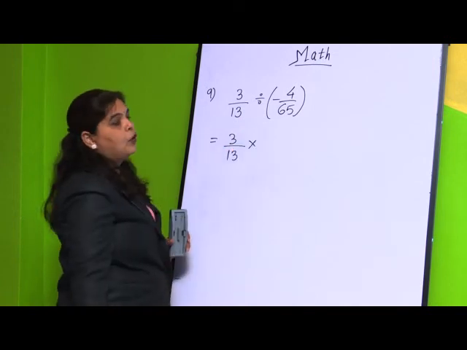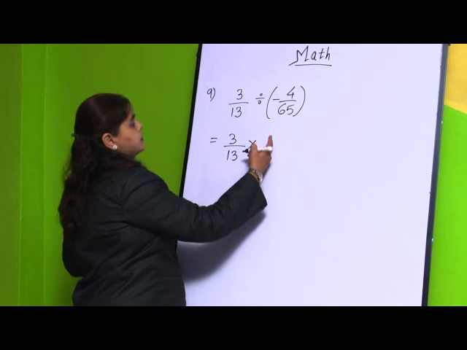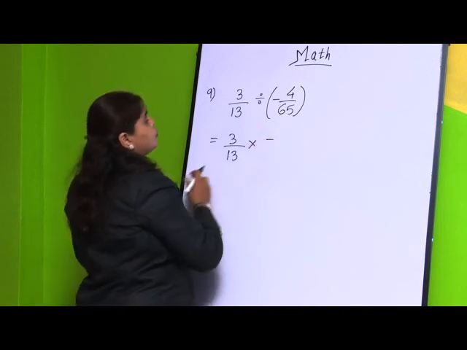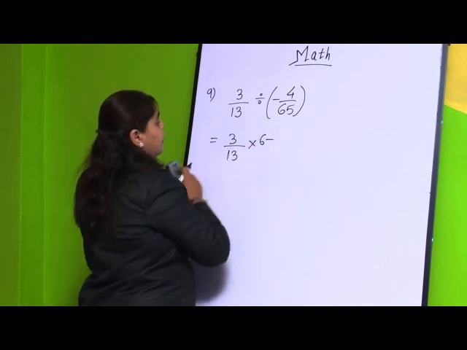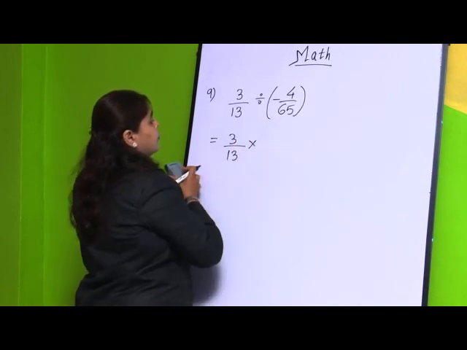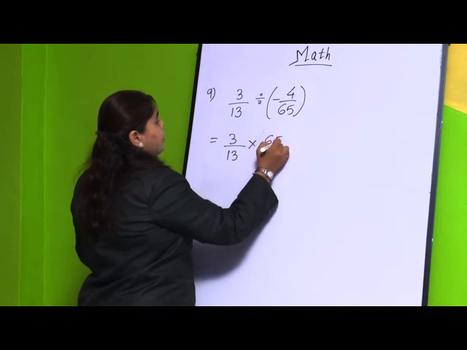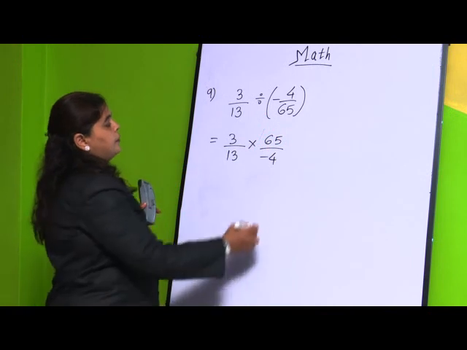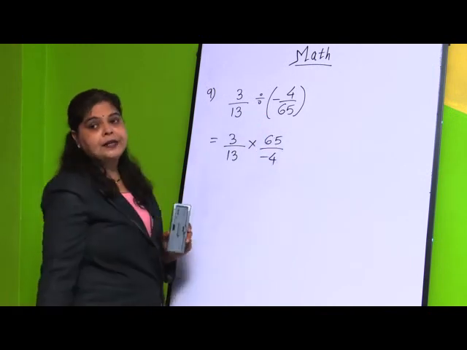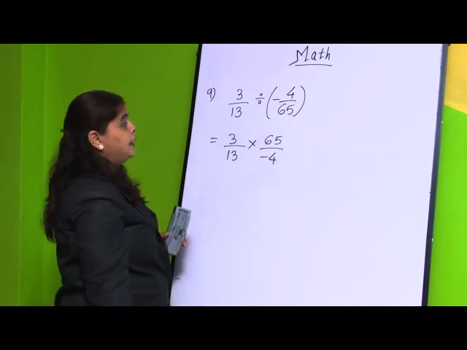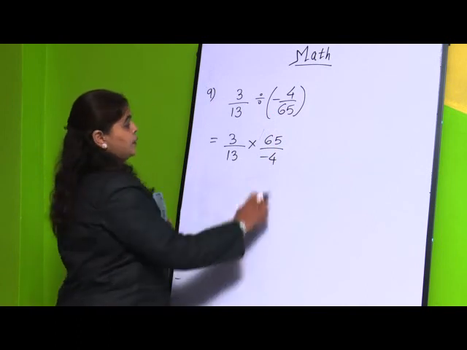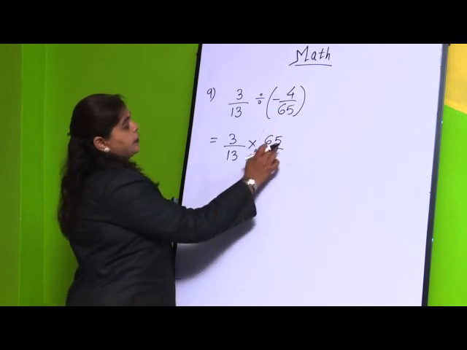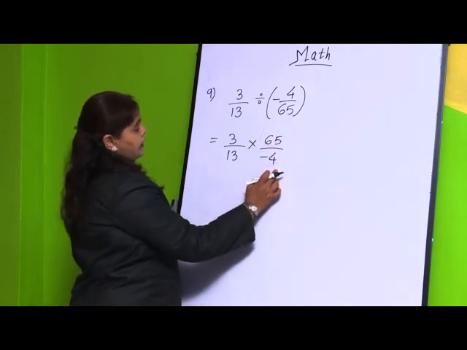Multiplied by, what is the reciprocal of this? Yes, you are right, we will write minus, it is minus 4. So, what will be here? 65, what is the reciprocal? 65 upon minus 4. What will be the reciprocal? You can write directly. We had solved many different types of examples, so it is now easy to write directly the reciprocal of this. So, here it is 65 upon minus 4.